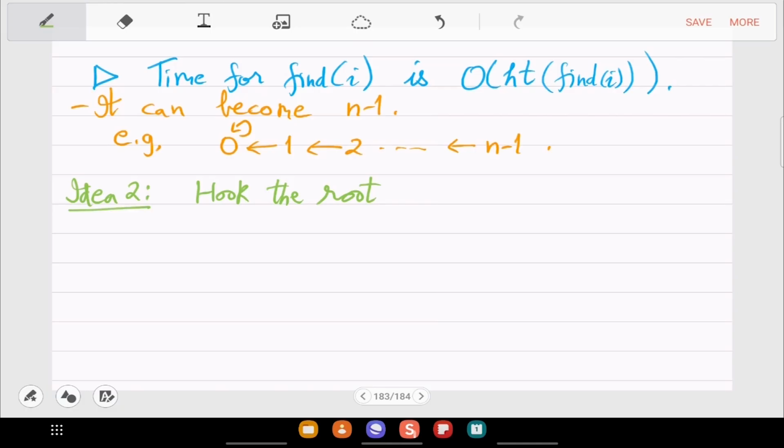So hook the root of the smaller tree to the root of the larger tree.